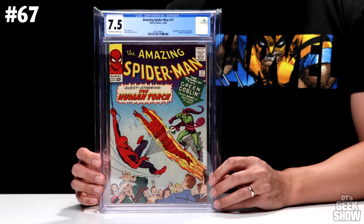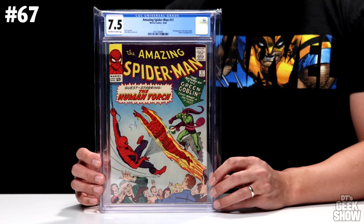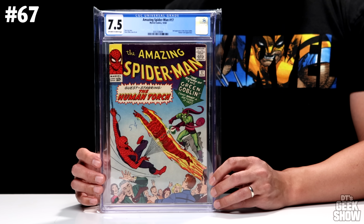And the next book we have is The Amazing Spider-Man #17. This one came out in 1964. It's the second appearance of the Green Goblin, who first appeared in issue #14. And the Human Torch appears as well. So I've got the unique 5-cent variant right here. I don't know if that was just marked down. People couldn't afford the 12 cents, so the store had to mark it down to 5 cents. But this one came in at a 7.5 with off-white to white pages and is currently valued at